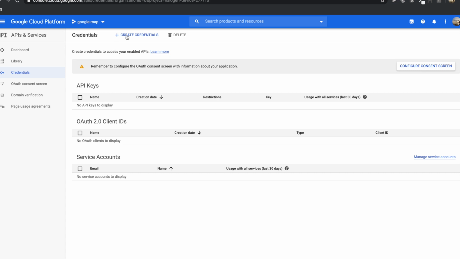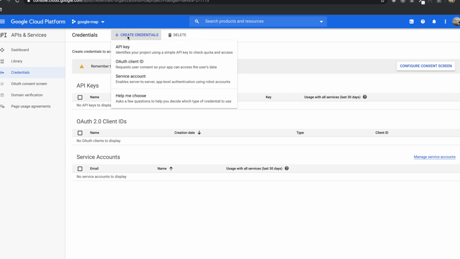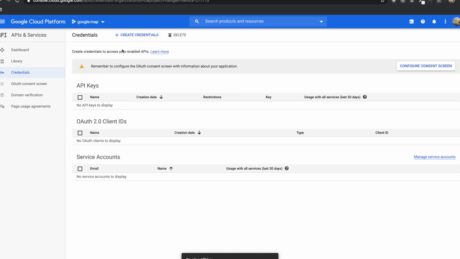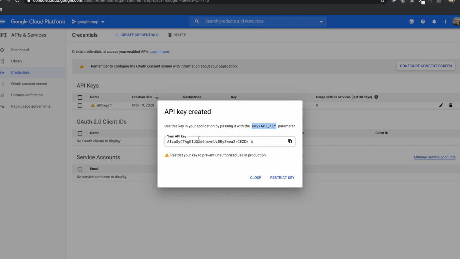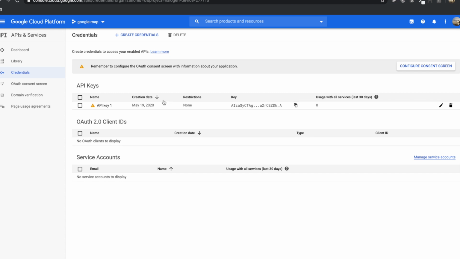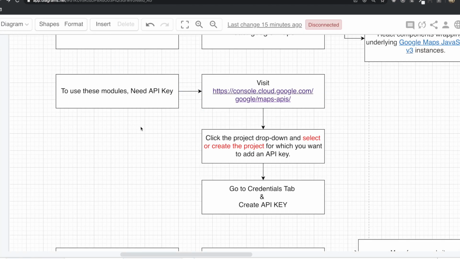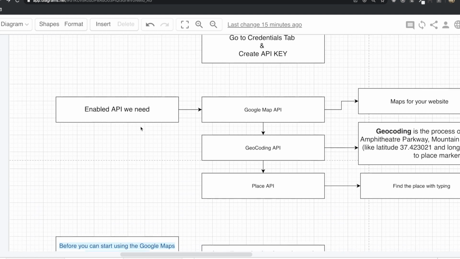To do that, first click Create credentials and then API key. And so now we got the API key in here. We can also restrict this key for better security, but we are not going to do that right now. So close it, and then if we come to our diagram to know what we need to do next,